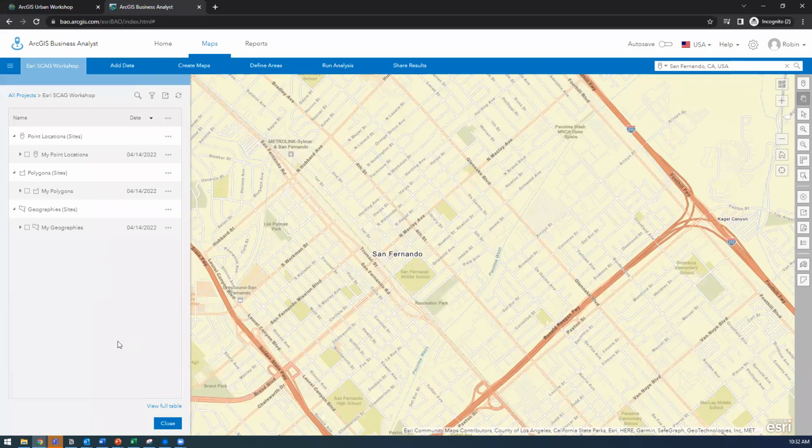All right, so now that we have our map and our area that we want to analyze, we want to create a boundary. If we're doing a citywide analysis, we can pull in geographic boundaries from Business Analyst to run the analysis in. And that's what we're going to do. If I want to do a citywide analysis of San Fernando, I'm going to pull up a citywide boundary